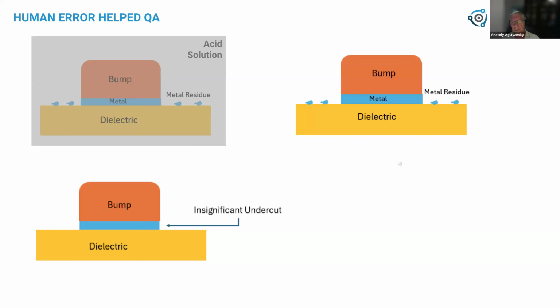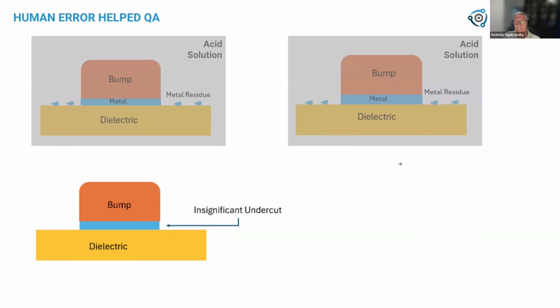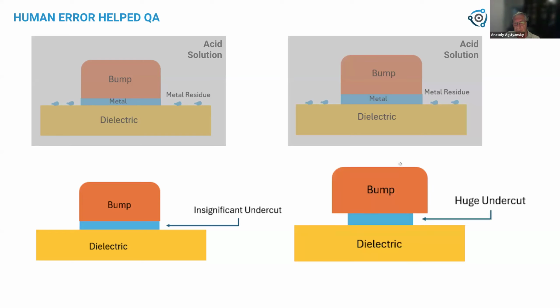What happened in the case of thicker metal? Generally, nothing special. We see the same picture. We see residue after plasma etch, and we place it into acid. And acid removes the residue, but also creates a very deep, huge undercut. Excellent, excellent situation. It's good we made mistakes. And we investigated it. By the way, maybe you have some idea.